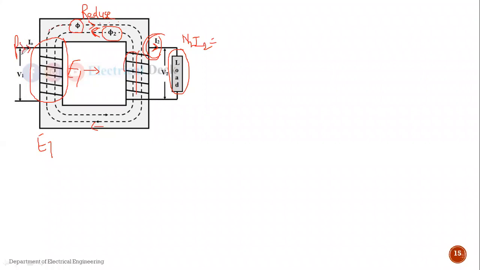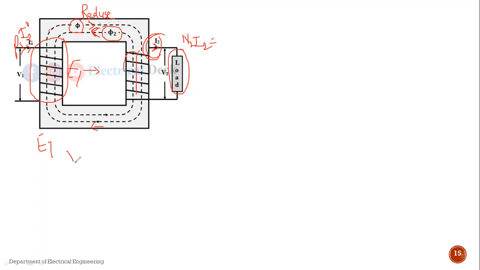So this current can be represented by, suppose, I2 dash. I2 dash ने current represent केला मी. So it will draw some additional current from the primary, which is represented by I2 dash. And why is this current needed? This current is needed to restore the previous value of flux. Flux ची जी previous value आहे ती restore करण्यासाठी extra amount of current पाहिजे. So this current will be taken from the primary side. Primary side करून तो current घेतला जाईल.